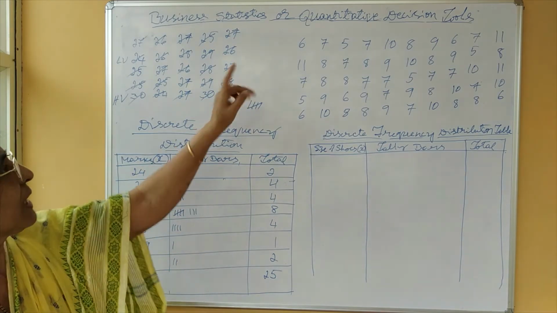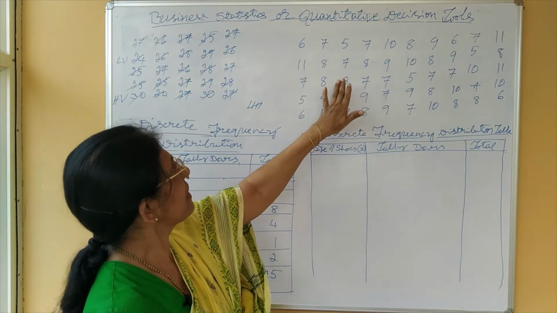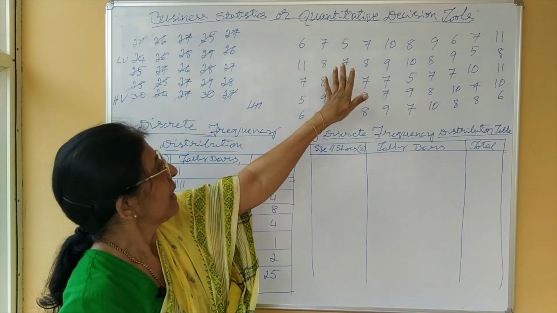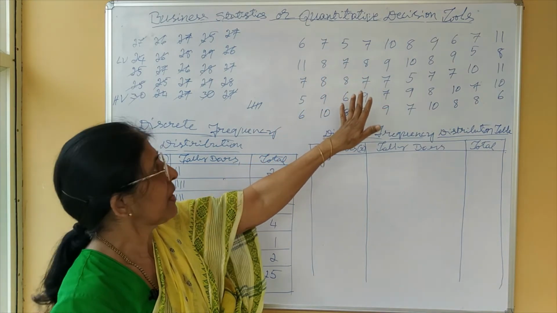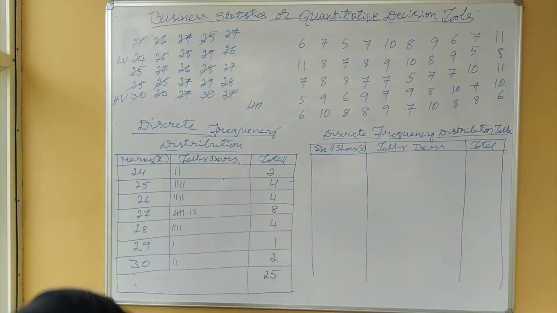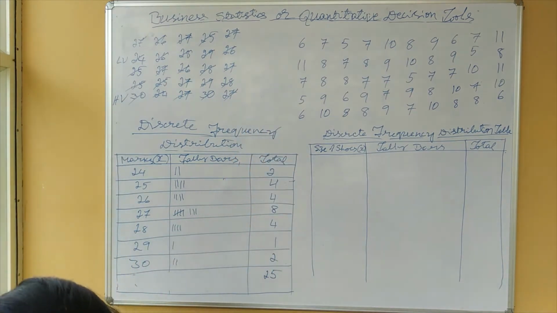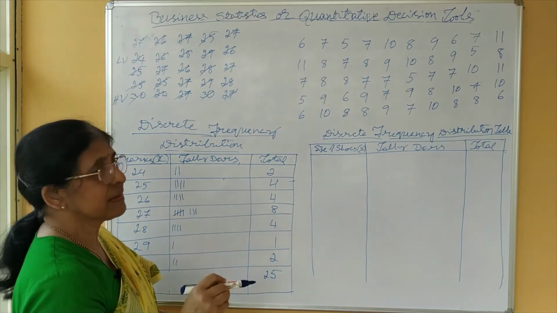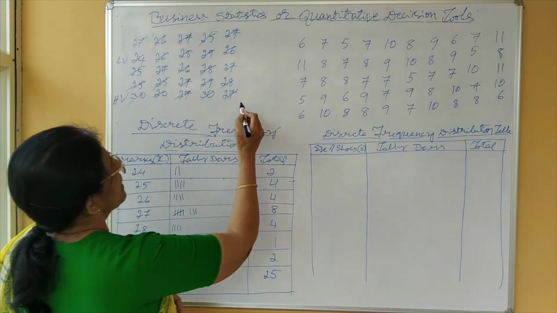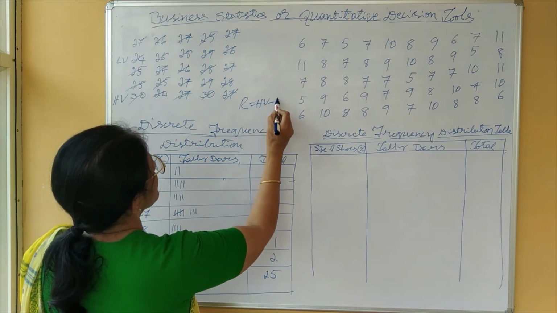Okay. Now, another problem is here, these are the data given regarding the size of shoes which are sold on a particular day. Same here also, first we have to find out the range, in order to decide whether we have to prepare frequency distribution under discrete or under continuous method. Here also, range equals highest value minus lowest value.